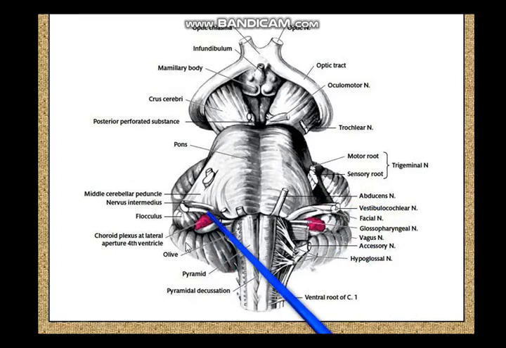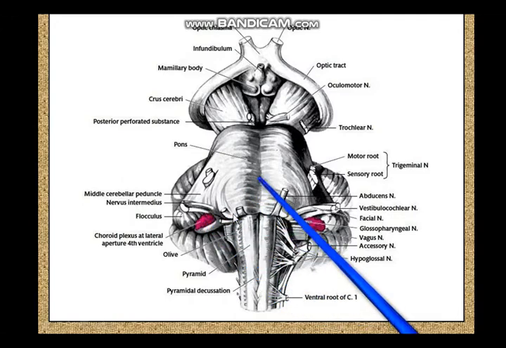And of the cerebellum you can make out the flocculus of the flocculonodular lobe, and you can see the choroid plexus emerging out. Now behind the pons and the medulla is the fourth ventricle, and behind the fourth ventricle is the cerebellum. So these are actually the lateral apertures of the fourth ventricle, and the foramen of Magendie. And you can see the choroid plexus of the fourth ventricle extending out like a coiled filament from this lateral aperture of the fourth ventricle.